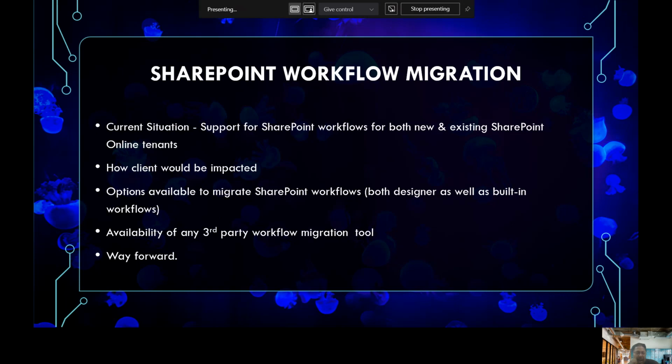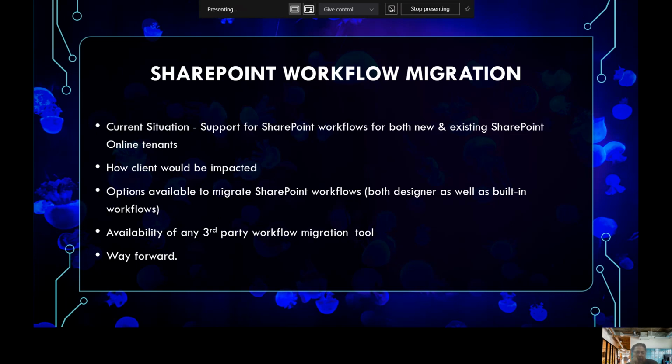To answer this question, I am happy to inform you all that IBM has created a SharePoint workflow migration tool, which has inbuilt capability to migrate both SharePoint Designer as well as built-in workflows to Power Automate. In fact, this tool is intelligent enough to automatically connect to SharePoint Designer and automatically retrieve all SharePoint Designer workflow actions, conditions, and triggers, and automatically create the workflow structure in Power Automate.